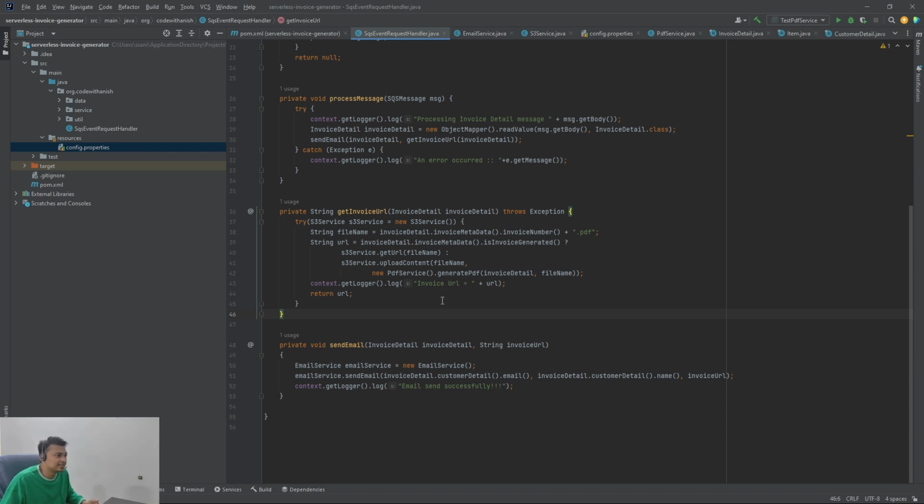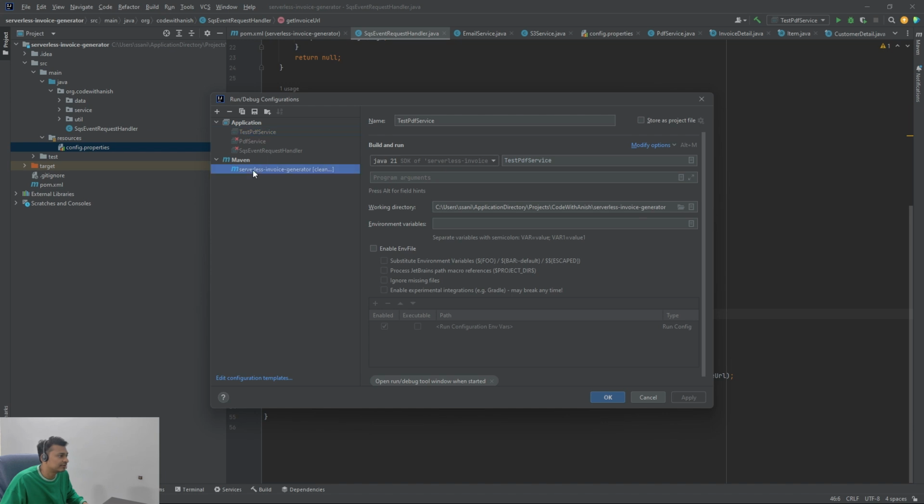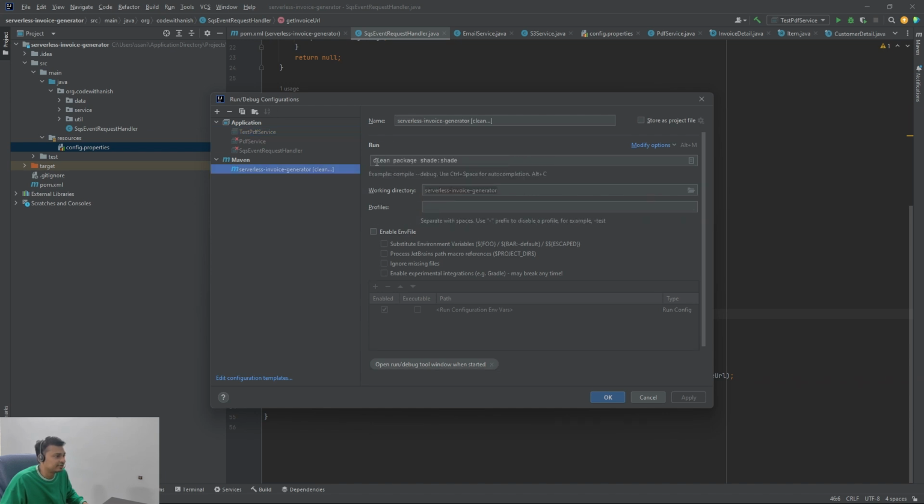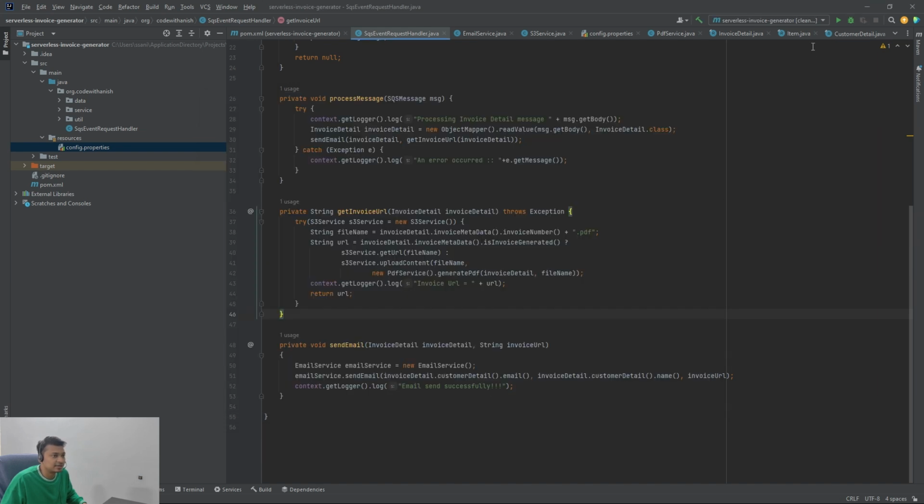Now we have to build this Lambda function, this application, and upload it to the Lambda function. To build it, it's a Maven project only, so we only have to run Maven clean package. We'll go to the edit configuration, come to the Maven, and here we give clean package and this option shade, because we're using the shade plugin. So using shade, now if you run this,